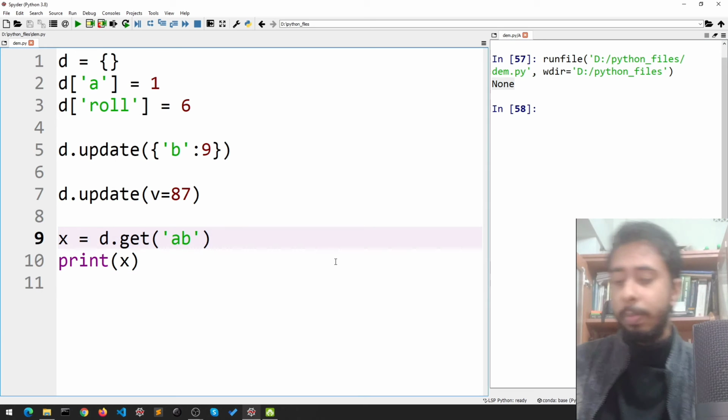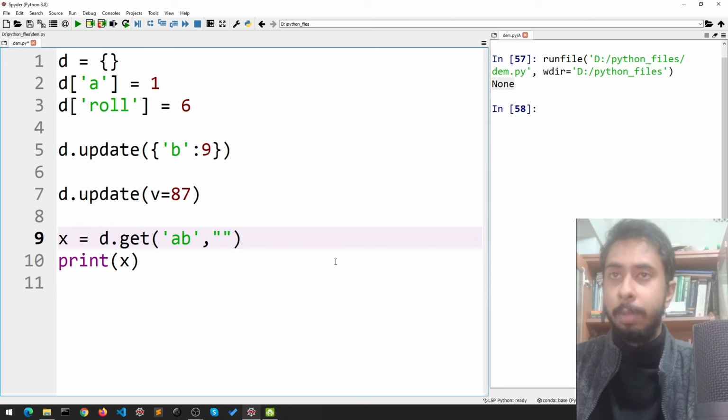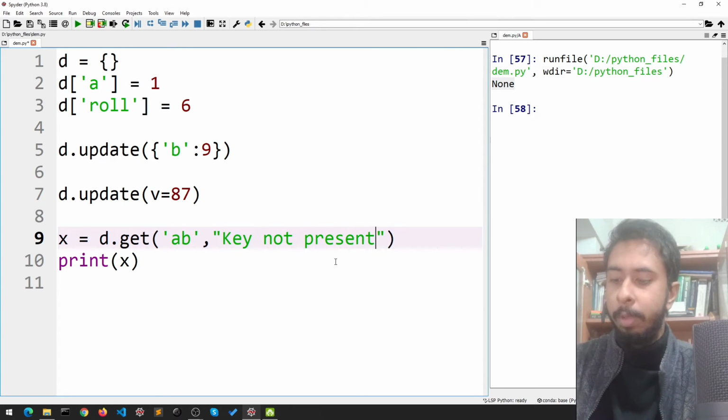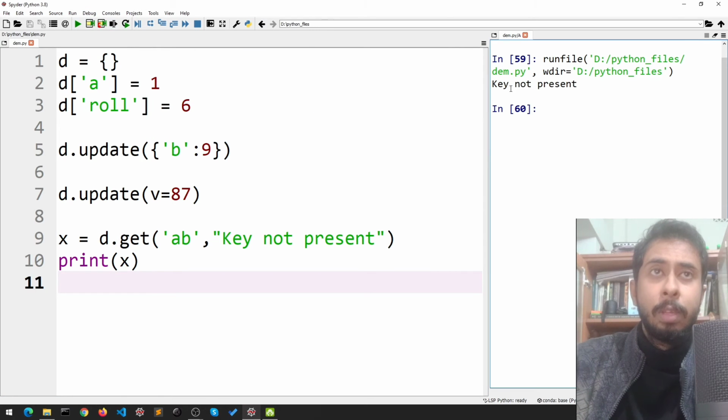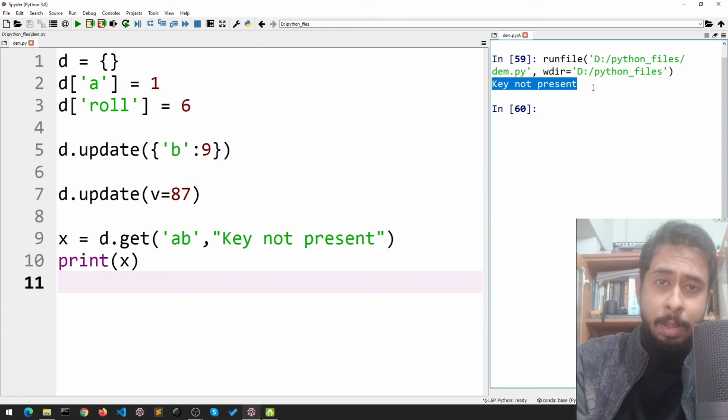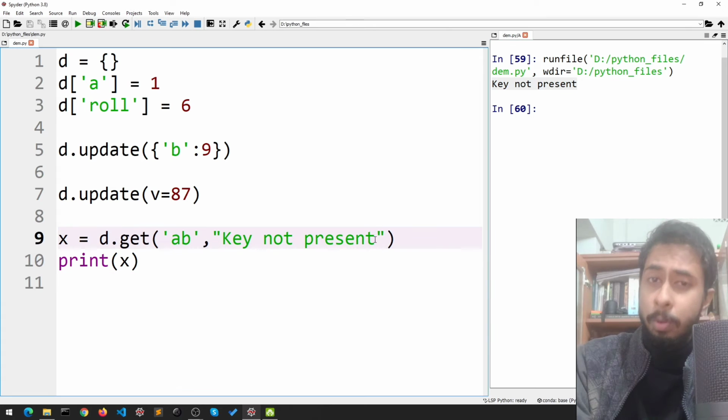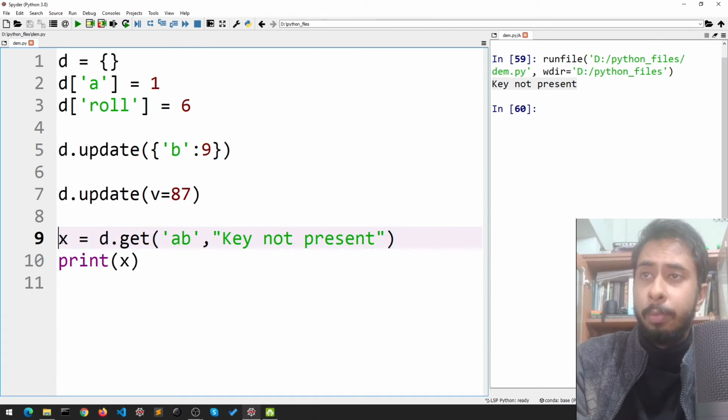Alternatively, we can have some message here. Key not present maybe. Okay. So what will happen in this case? Key not present is printed. So this is a way around to avoid the errors if some data is not present in our dictionary, because if you were doing it here,